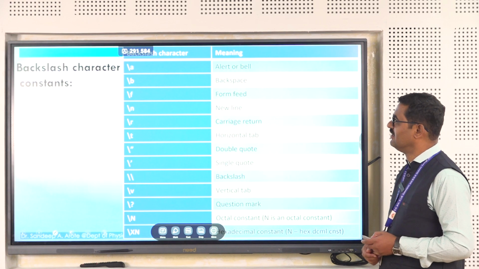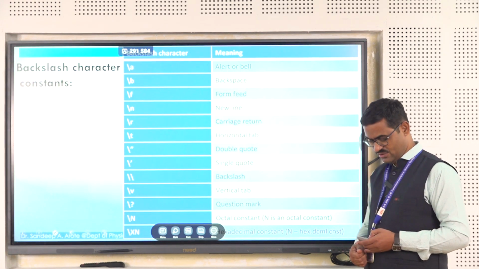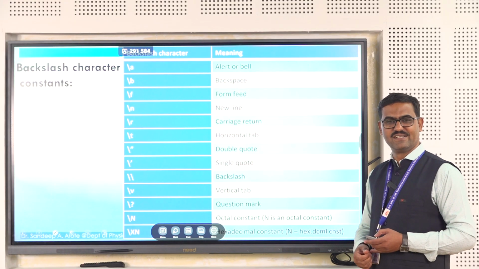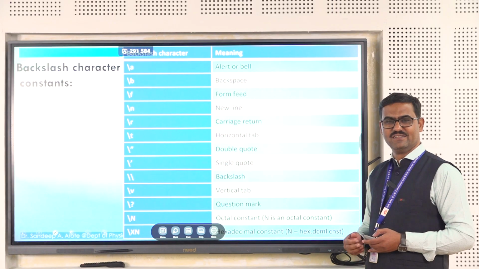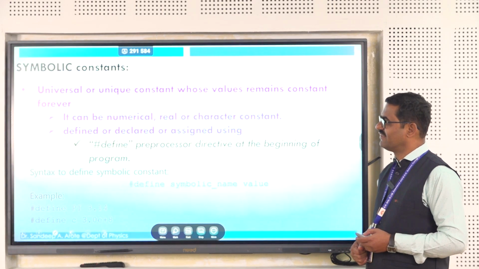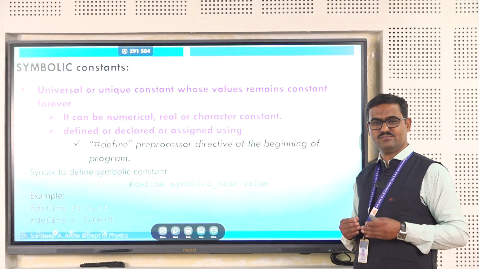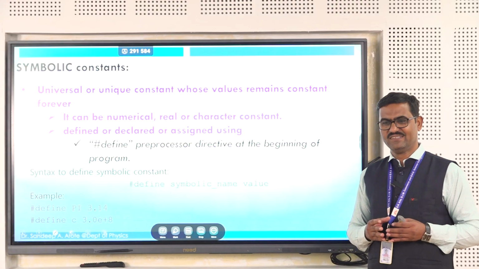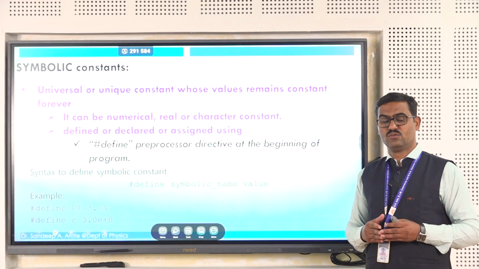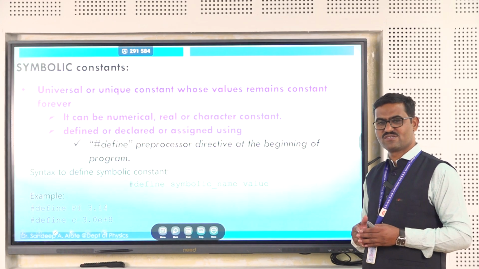Now, this is a table where you can see various backslash characters. So, this is all about the float constant, that is real constants, and then the backslash character constant. Now, let us move towards the next part, that is symbolic constant. Now, there are some predefined symbols or predefined values, those are assigned with some physical quantity, and that should remain constant